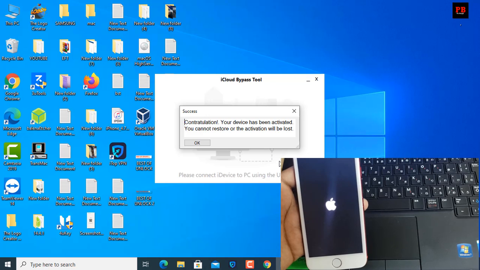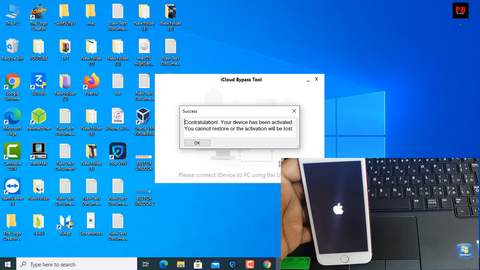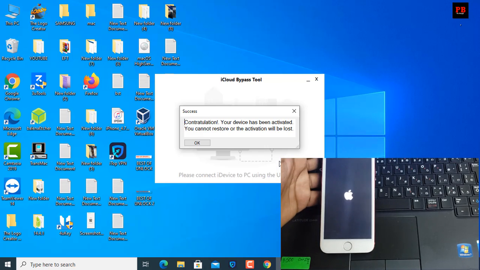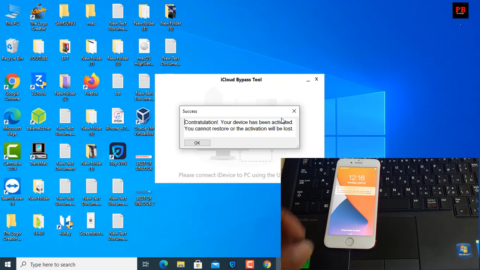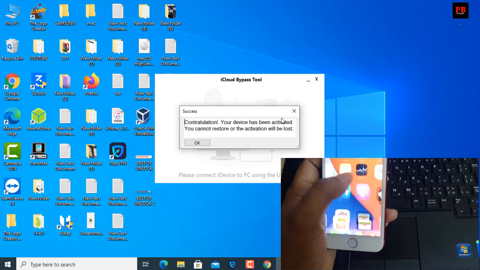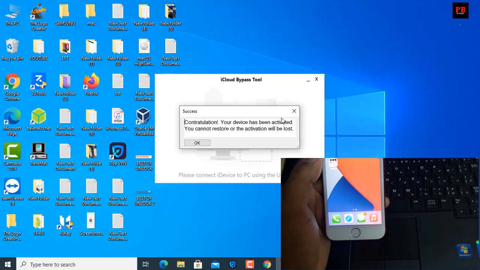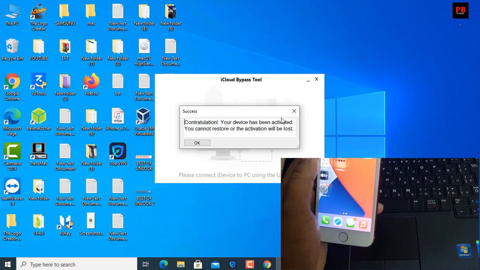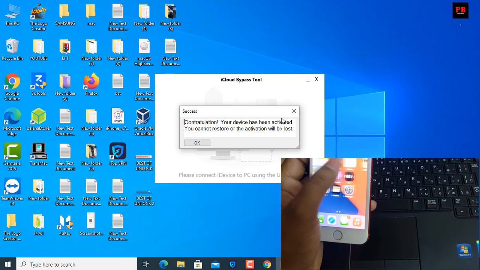Just wait and see. Now as you can see, this is an MDM device, so I can't call any number, because I bypassed with the Windows operating system. That's why if you activate with the Mac operating system, you can call everything without any problem.